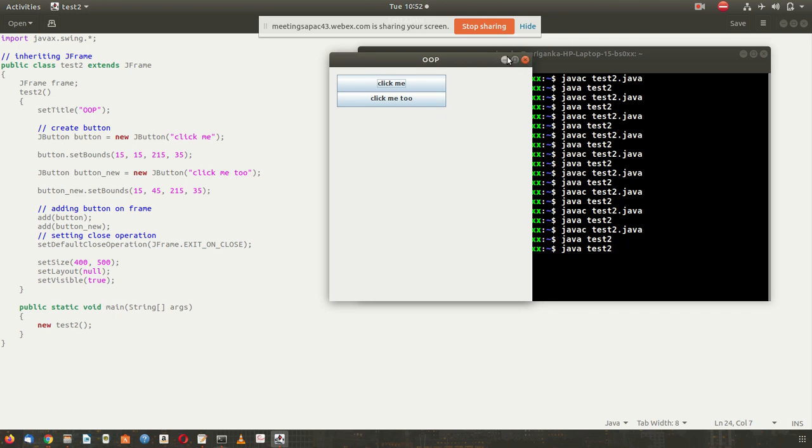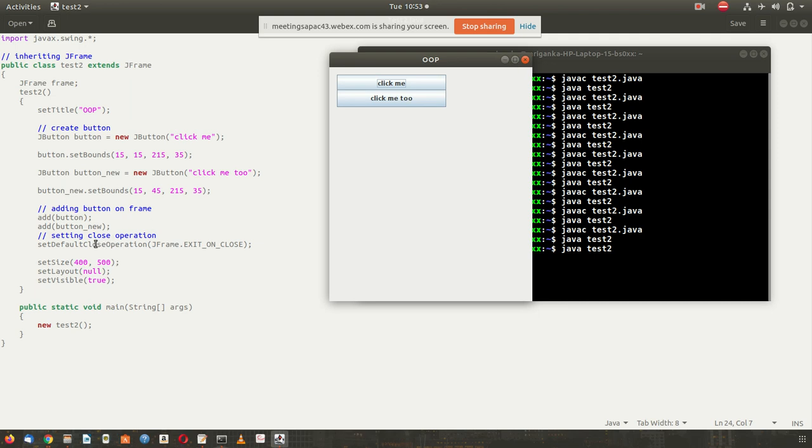Instead of doing it individually, there is a function called the default close operation function. This function will add these buttons on top of the frame, near the title. They are buttons only, but we don't have to program them, and they will be added by default.